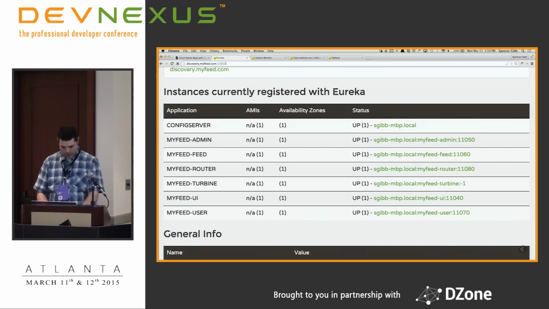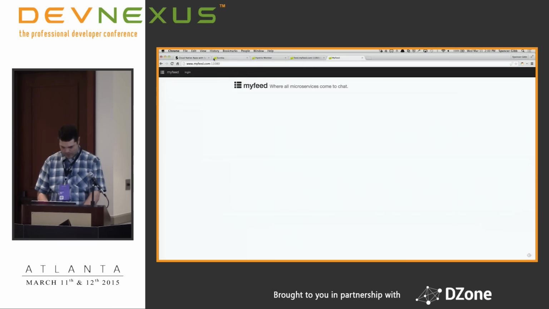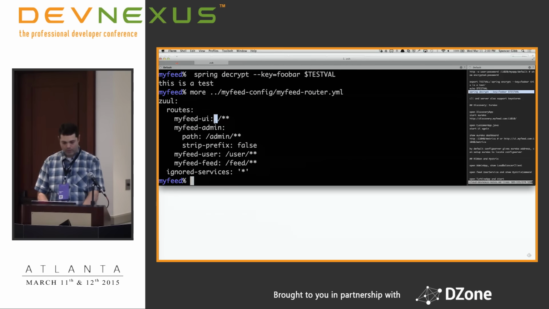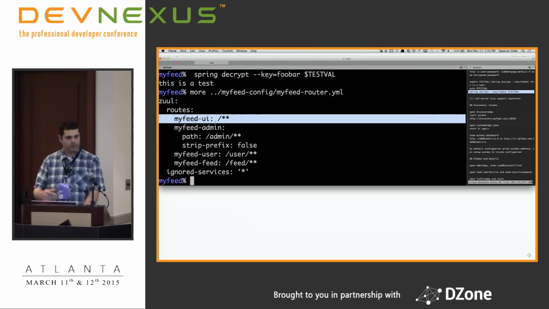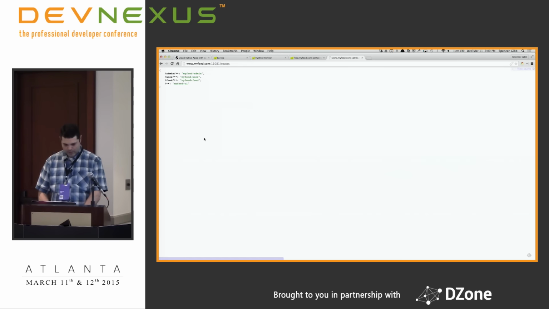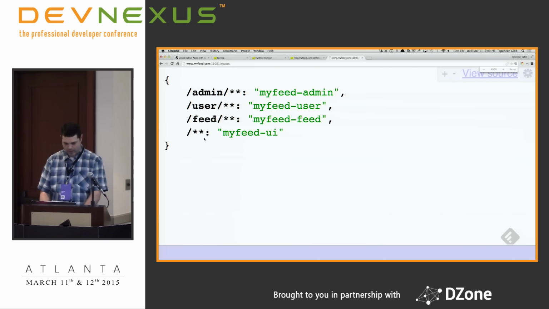Let me run, we added an actuator endpoint to the router. Let's see, where are we? I've got actuator running on a different port. You can imagine if you have a default route, which I have, I say I want my UI to catch anything that isn't configured otherwise. So if you have that, you need to move actuator off of the main port. So again, it can show you what's routing to where with that routes actuator endpoint.